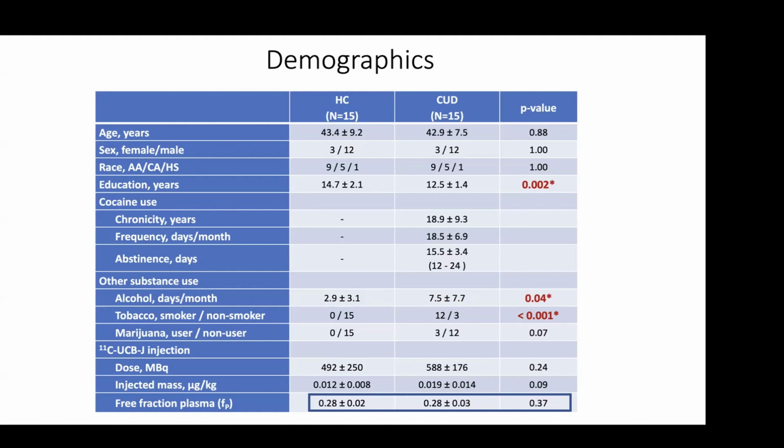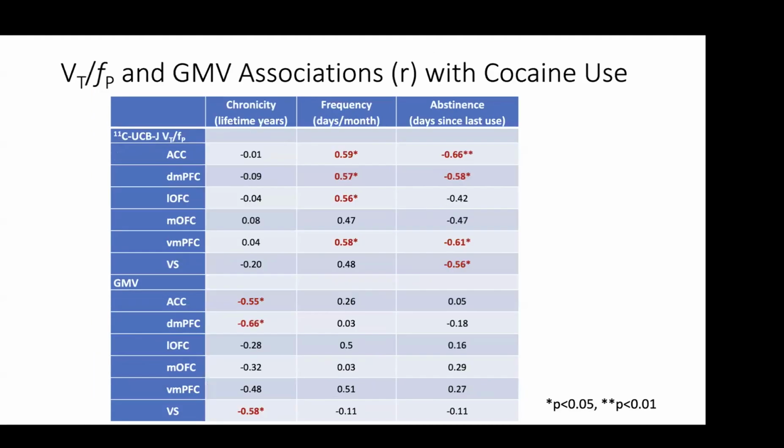Did you correlate anything with chronicity or frequency? Yeah, so those are very interesting and counterintuitive results. And these are those results. So we're going to start with the gray matter volume. So in terms of the